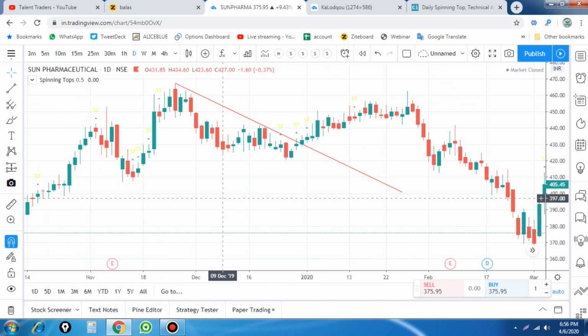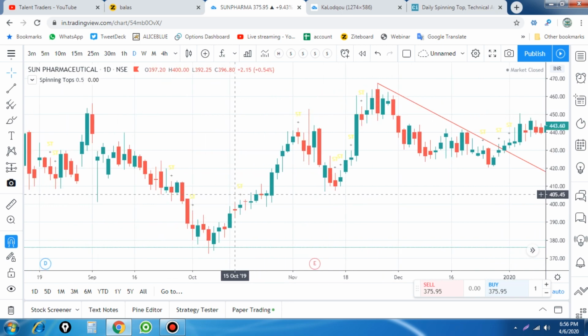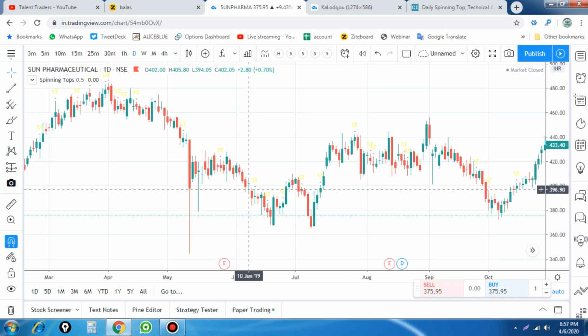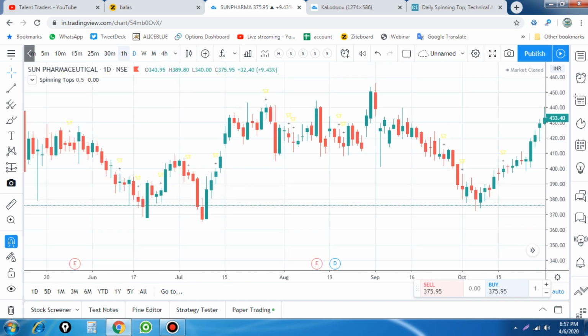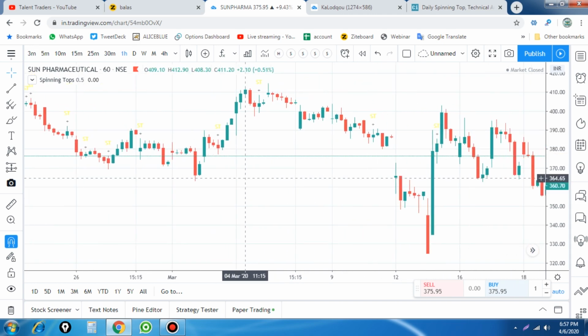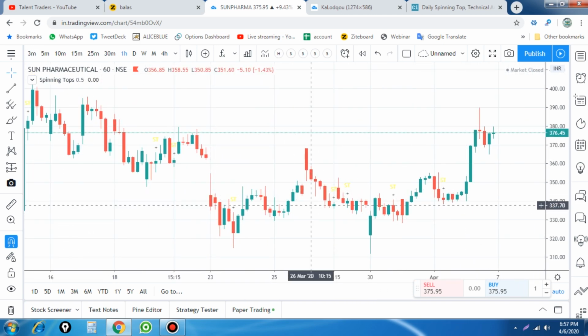Okay, even if you see that, there will be a spinning top candle which forms, but the previous candle is at the highest level of the range, so we don't want to take that kind of risky trade. When the market is at a highest or lowest level, we will get the right chances to find spinning top candles. That will be the right area for a reversal.